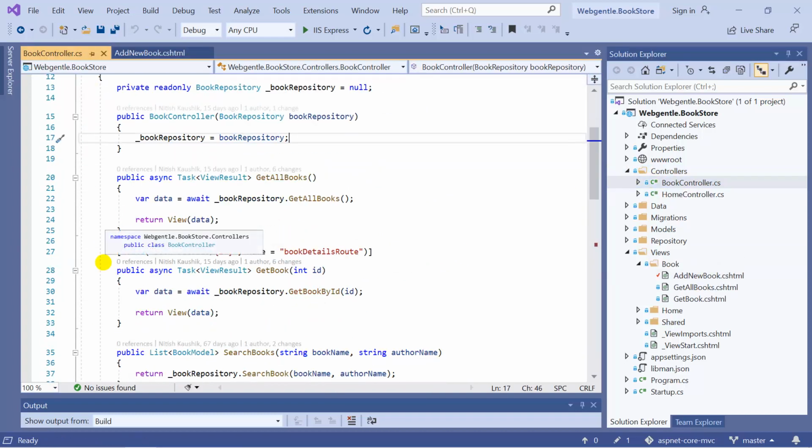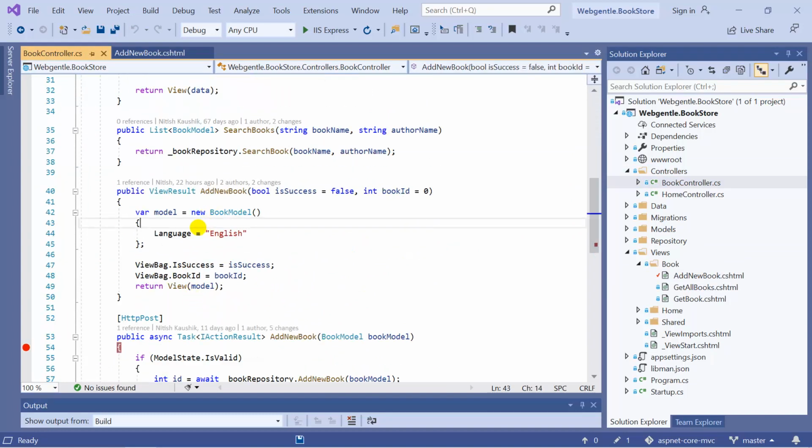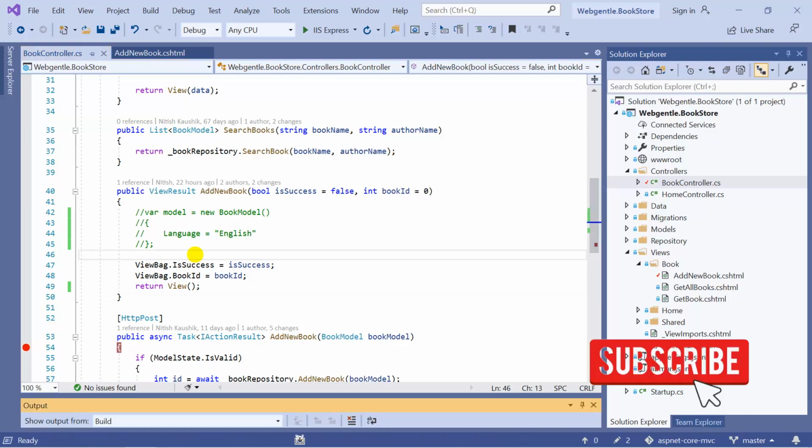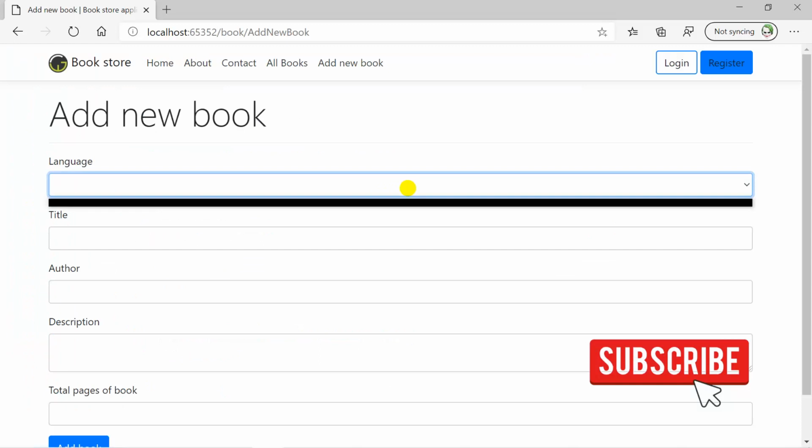We are using this action method for this particular form. Here is the action method. Okay, let's comment this model as well, and suppose we are not passing any model as of now. Perfect. So again if I build this solution and run this application again, this time you can see that we do not have any values in our dropdown. Now let's use select list.